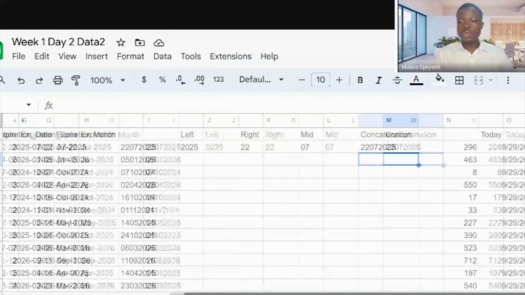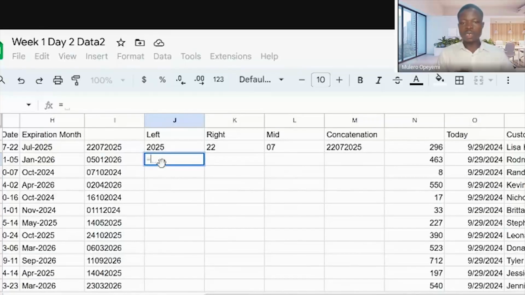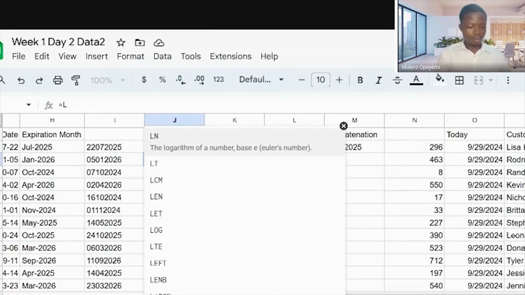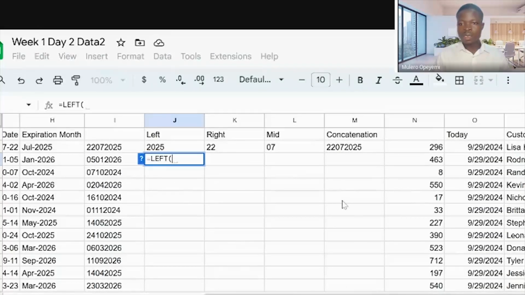Now let me do something here. I want to use the customer name for this same thing that we just did. For left, equals left.